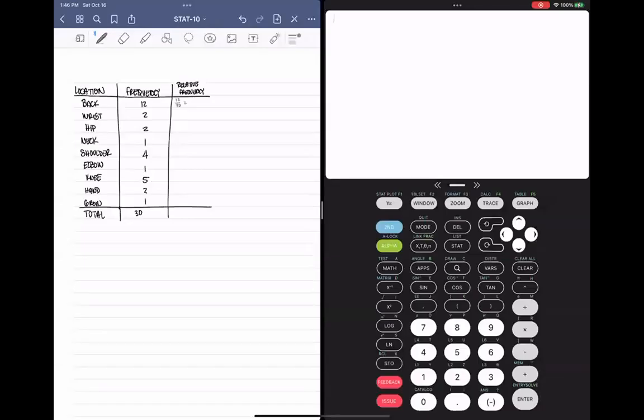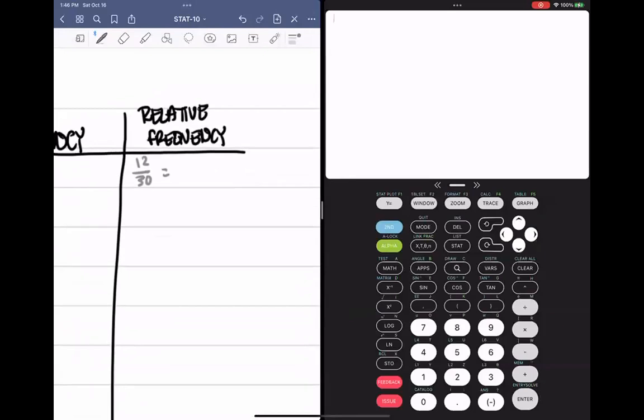Okay, back to a calculator that actually works. So the value we're looking for is 12 divided by 30. And there we go, we got 0.4. So the relative frequency for this part is going to be 0.4,